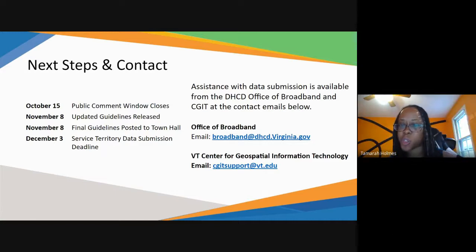Okay. And then I see that there's a question or a statement from Catherine Rice. I'm going to read it. If data is being shown on the map only at census block level, how will you show if only one household in the census block has broadband, but the rest of the homes don't? If only a percentage of households have broadband. Now, with that, I'm probably going to kick it over to either one of the planners or the folks from Virginia Tech.